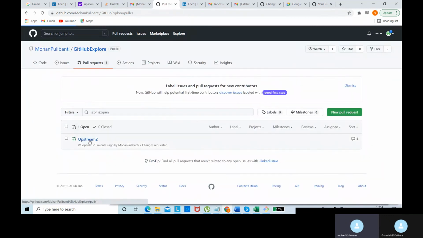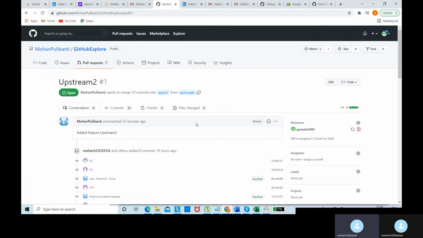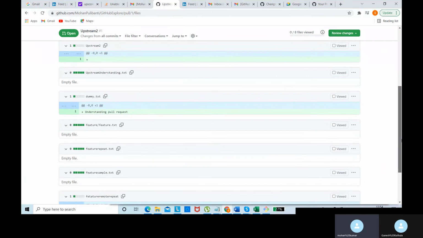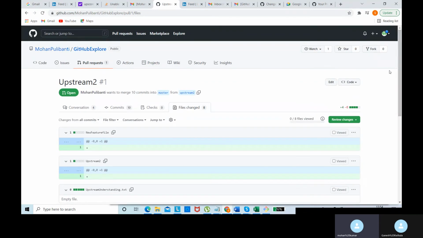So this is the pull request that is running right now. He can go to this and review the changes that he requested, and he can now approve that. You can expand the review and put a comment saying approved, and approve the code.